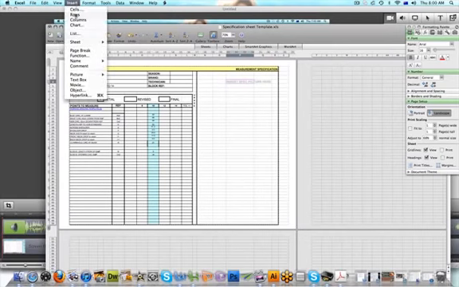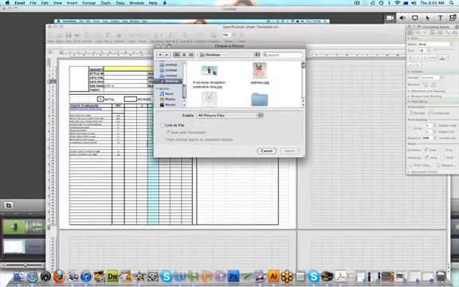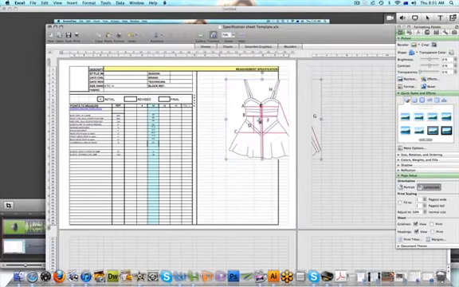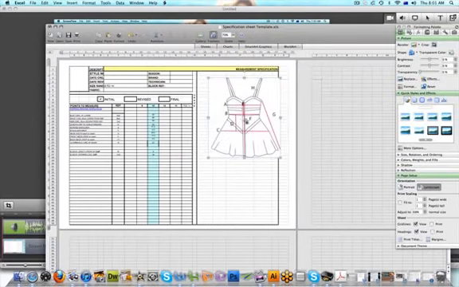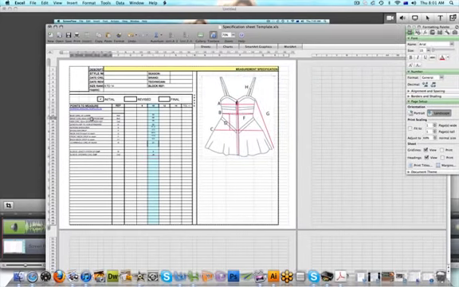So we want to insert picture from file, and we're going to select the picture that we just drew, which is this one here. Great. Okay, so now just zoom in so you can see